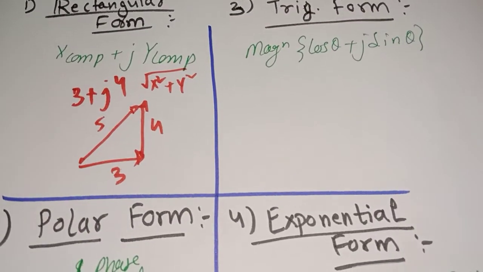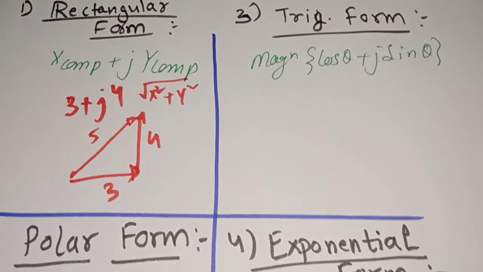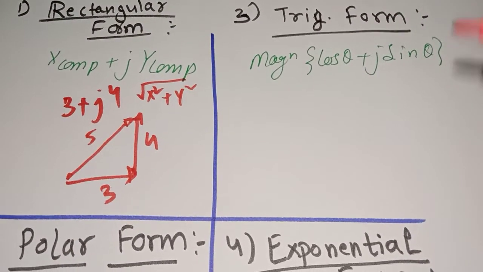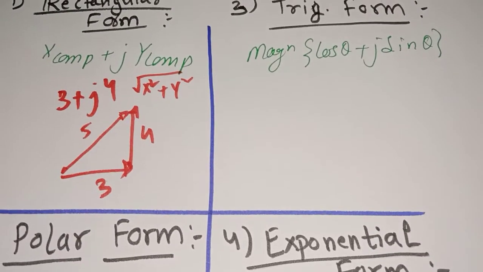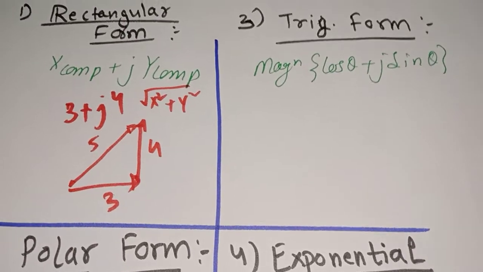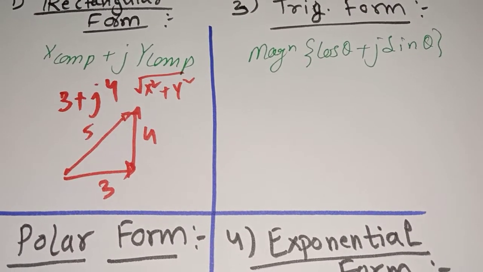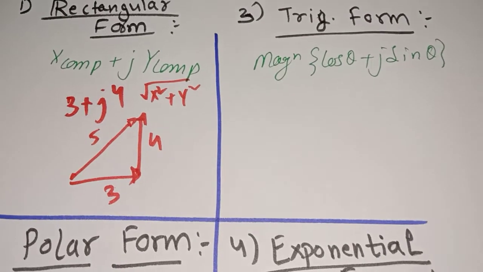So guys, before starting AC circuit analysis, let's first see some basic things which we need to know. So here I have written four different quantities. So see, there are four different types of vector representation of alternating quantities. Namely they are rectangular form, trigonometric form, polar and exponential form, right? So let's see them one by one.